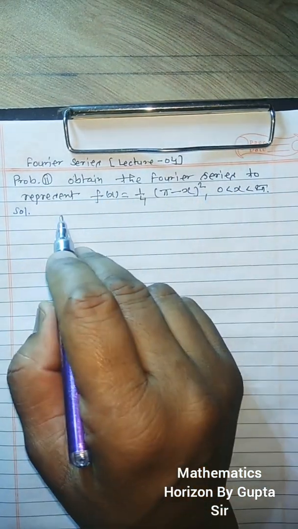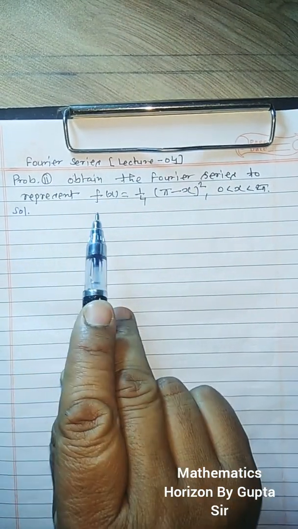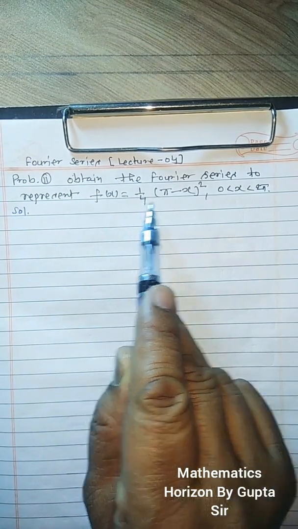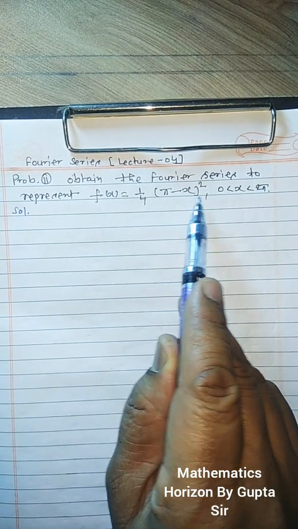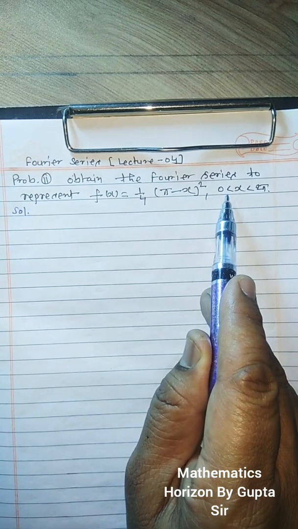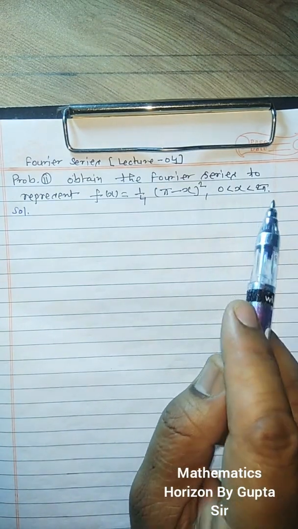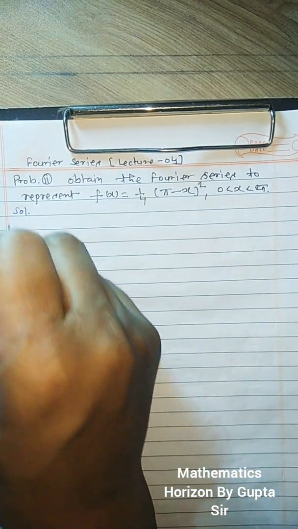Obtain the Fourier series to represent f(x) equal to 1 upon 4 (pi minus x) whole square in the interval 0 less than x less than 2 pi. Okay, we know that